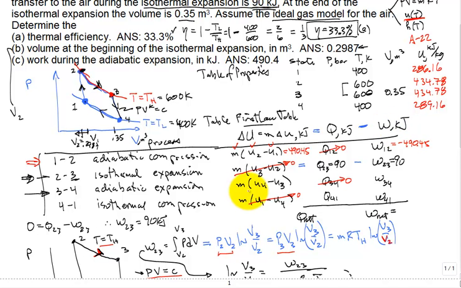Okay, this U4 minus U3, that's going to be negative 490.45. Do the first law for the process 3 to 4, and then this is equal to plus 490.45 kilojoules. Wasn't that our question? What is the work during the adiabatic expansion? Yeah. Okay. Well,